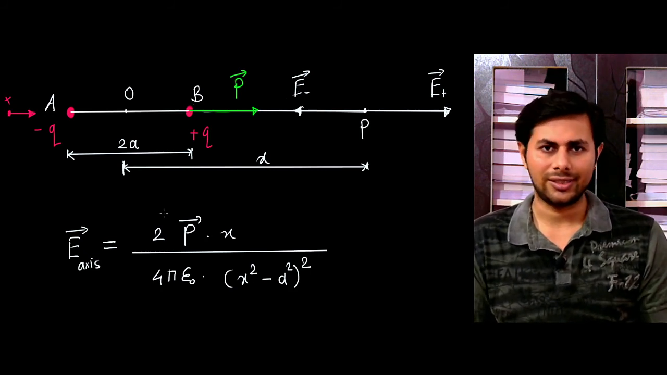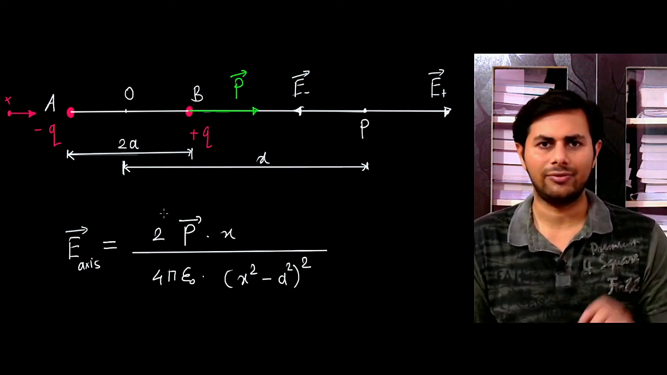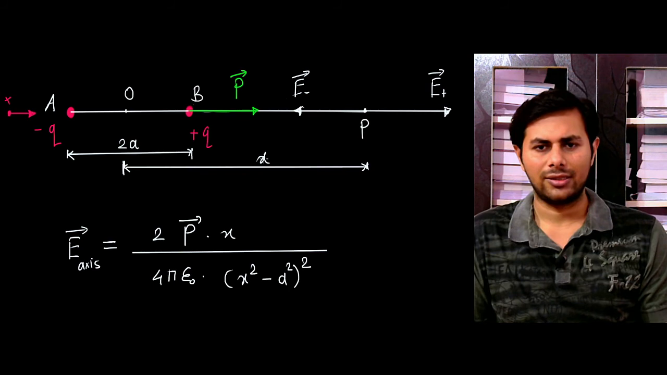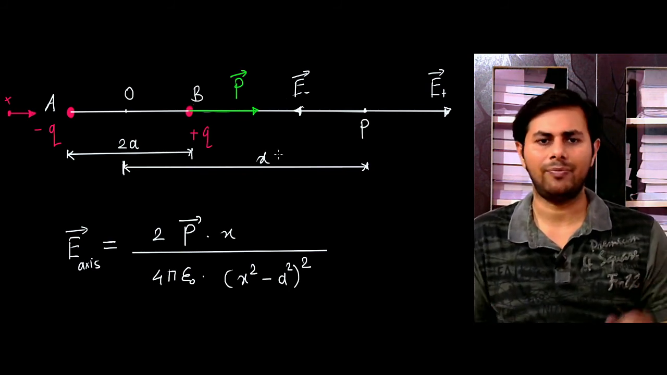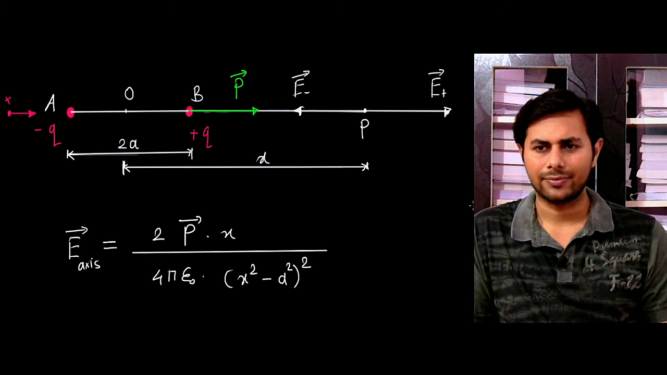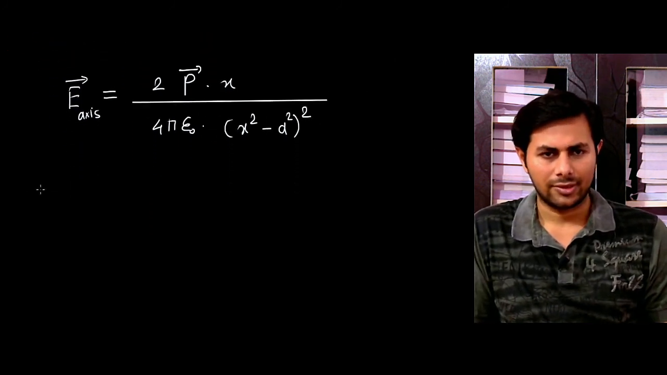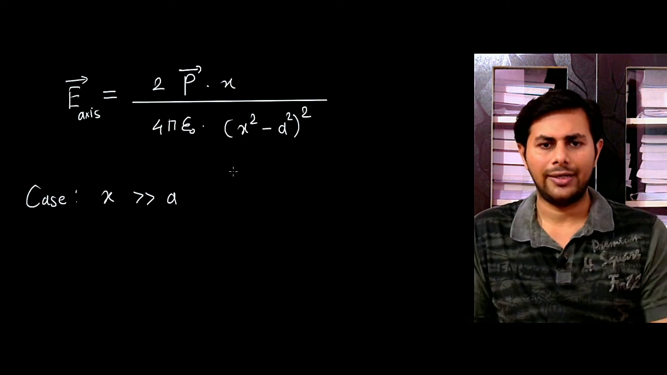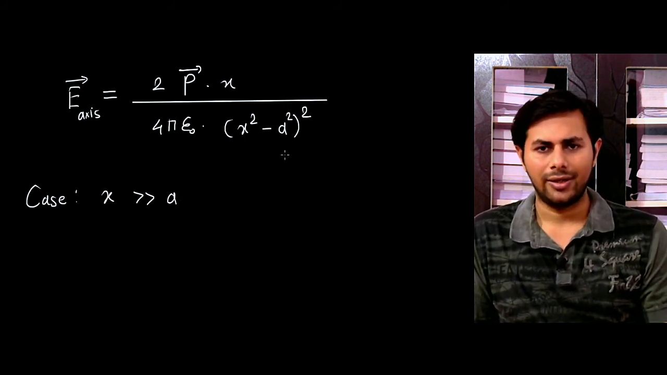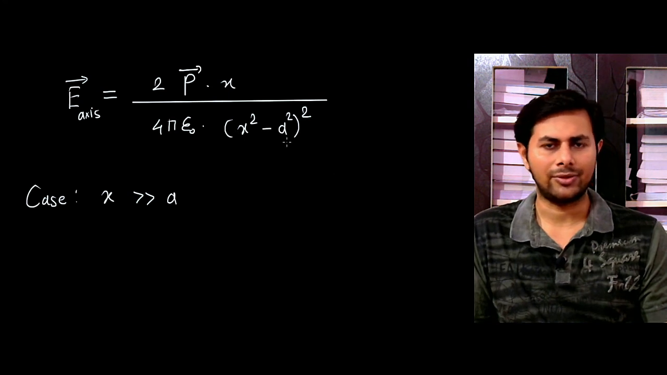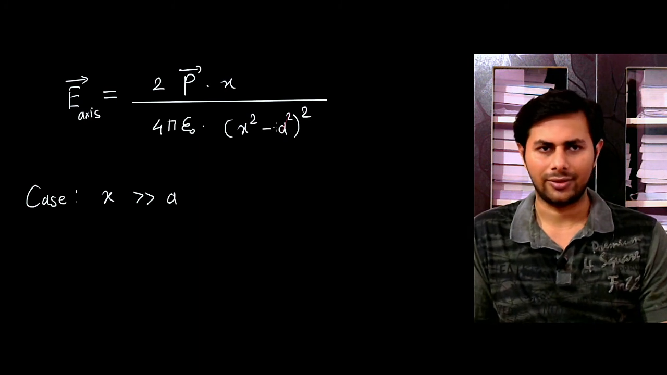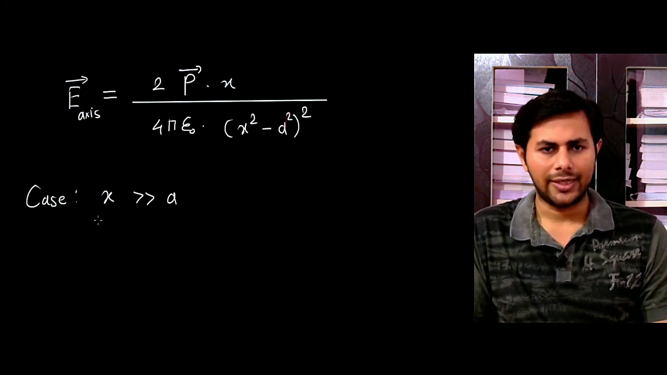As I told in the last video, in practice we deal with very small dipoles, that is atoms and molecules, and for them this distance x is very large compared to the length of the dipole. Okay, so the special case is when x is very large compared to a, and if x is very large compared to a, x squared is very large compared to a squared, and therefore we can neglect this a squared in the denominator. Okay, so doing that we get